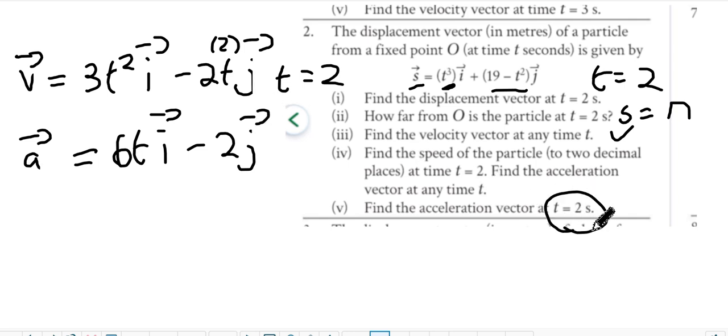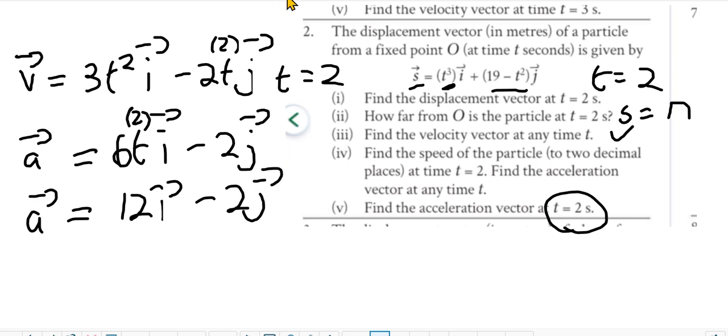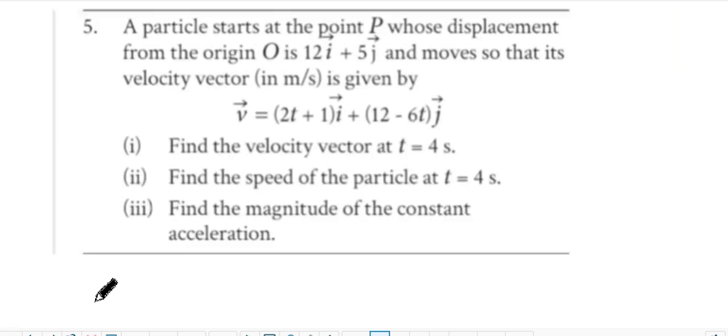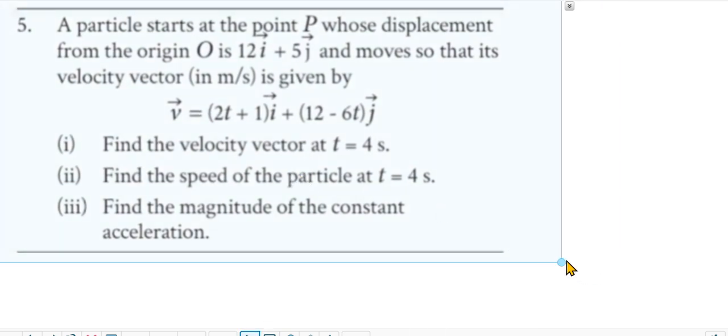Then what does it want from us next? Find the acceleration vector when t equals 2. So sub in 2. You get 12i minus 2j. Vector. So if you're asked for the overall magnitude of the acceleration, you do Pythagoras' theorem again. But it just asks you for the acceleration vector, so you leave it alone. Is that okay? Yeah. Cool. I think we're actually alright with this. Now